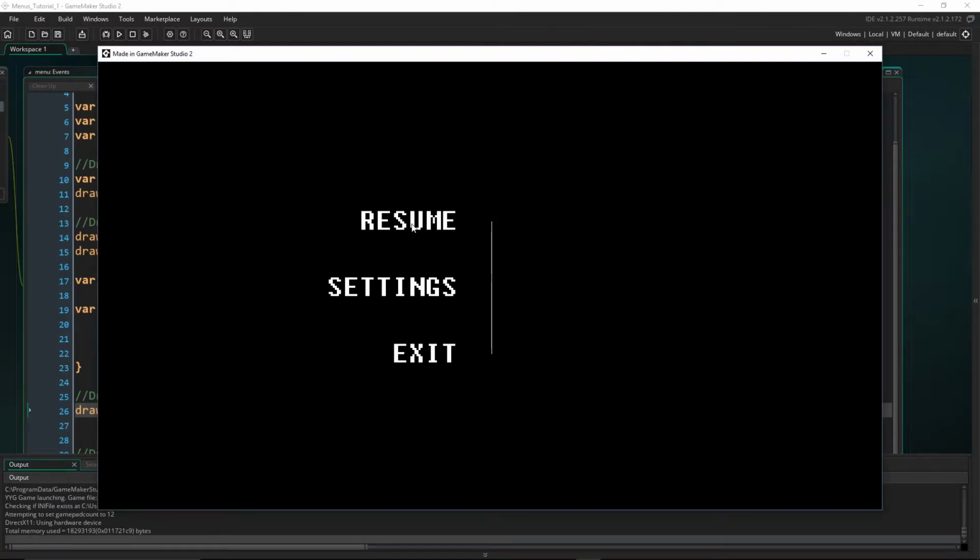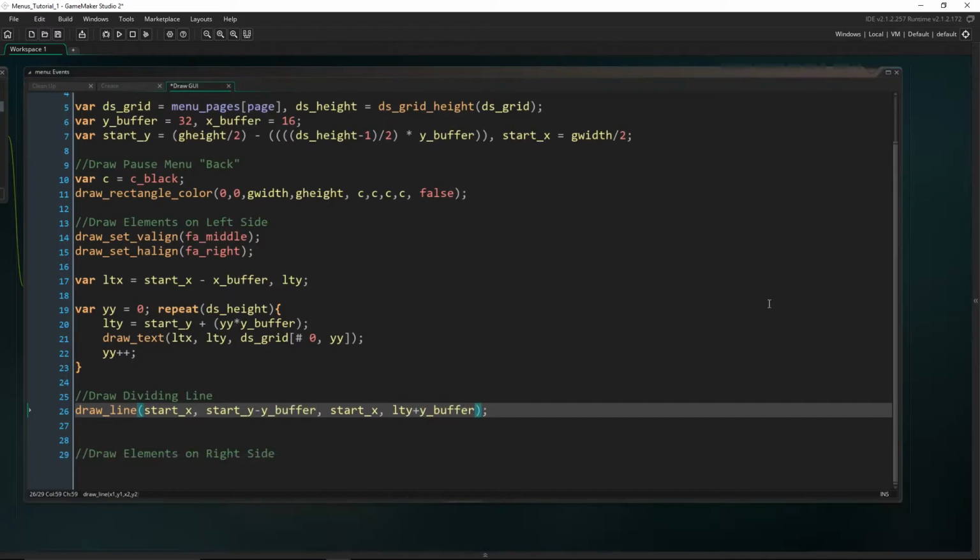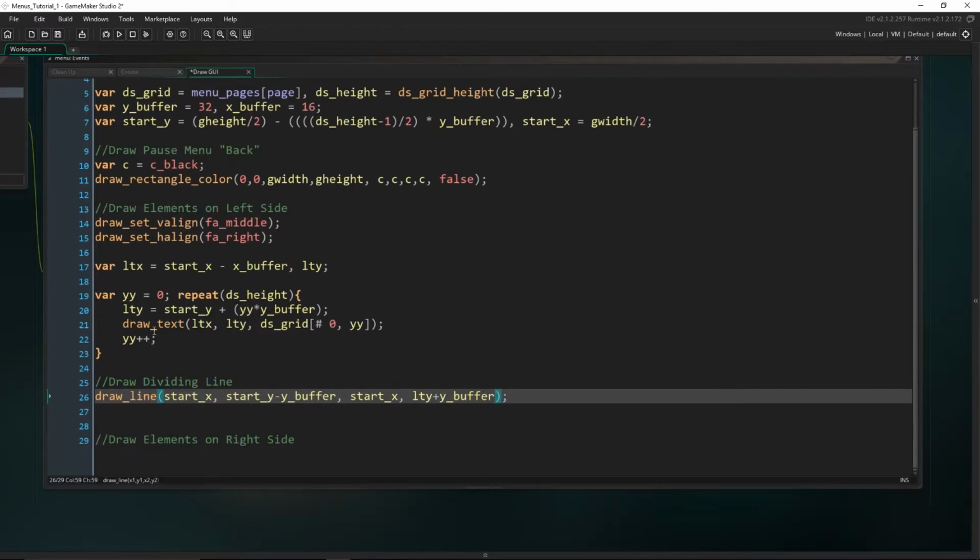Okay, there we go. So we have the elements drawing themselves. And you might want to add a y buffer to the ends of this to get the line drawing to either side, but that's just aesthetics. Alright, and before we go any further, I'm actually going to add a way for us to move through the